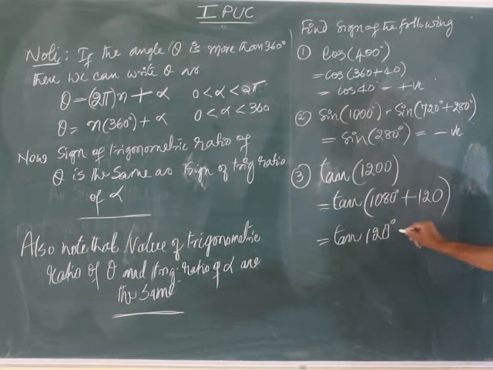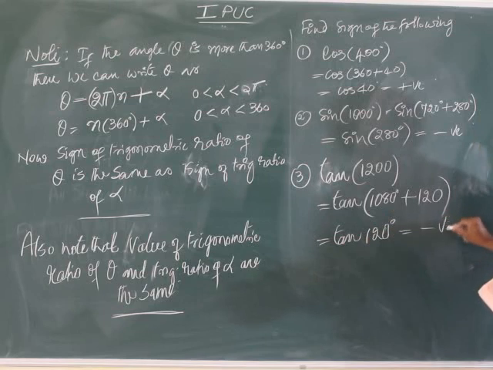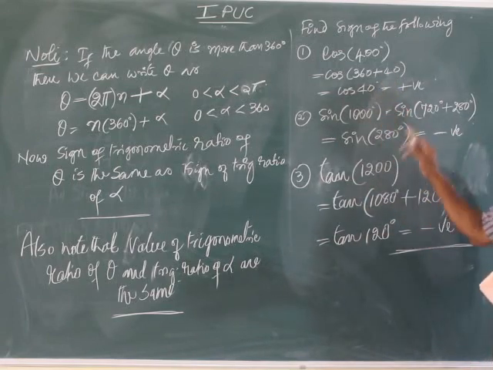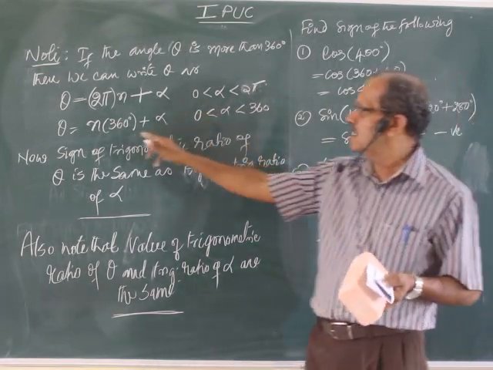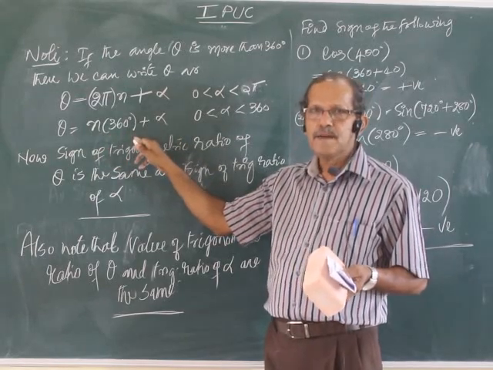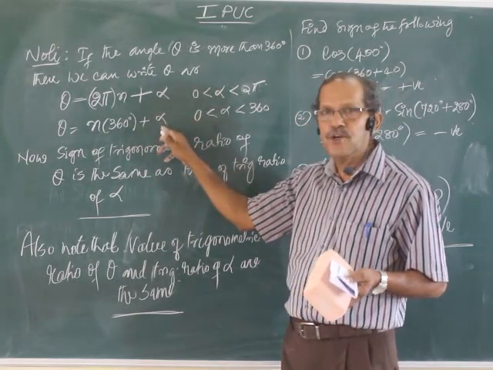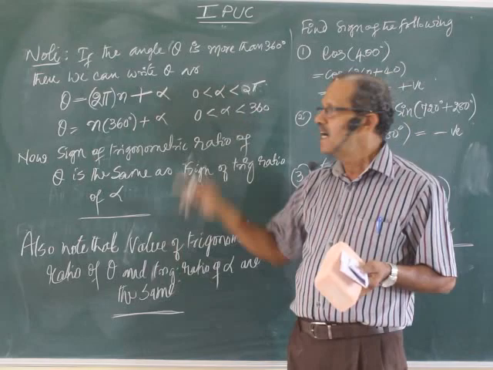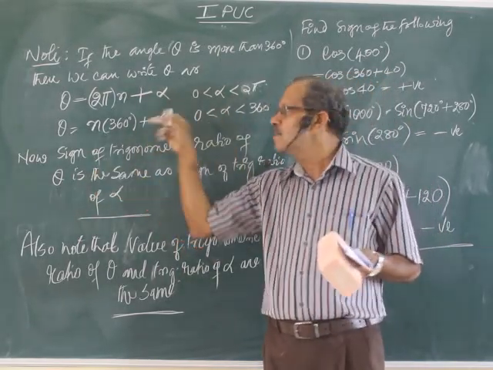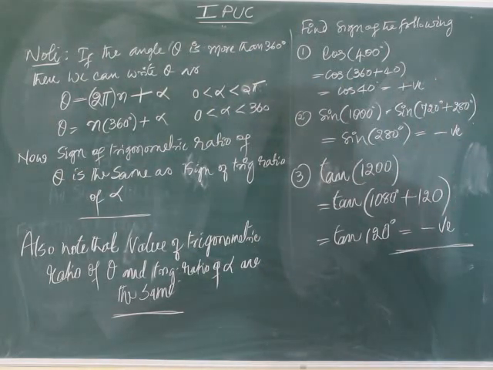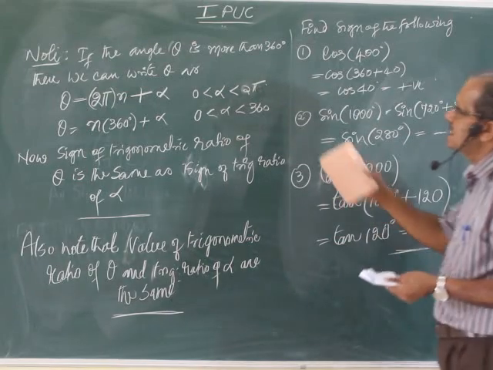120, how to write? 120 comes in the second quadrant, tan is minus, see? No more example is required. You got the idea. Let me give some more homework so that you can try at home yourself. Totally you have to write it in the standard formula like this. N into 360 means 360, 720, 1080 like that. After that, whatever angle you get, it should be in between 0 and 360. Trigonometry ratio of this one is already known. Put the same sign to the angle theta also. Understood now clearly?